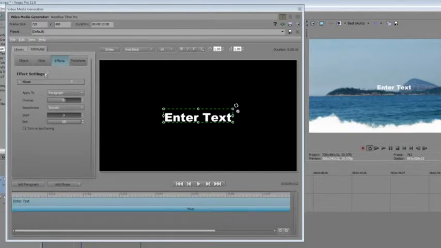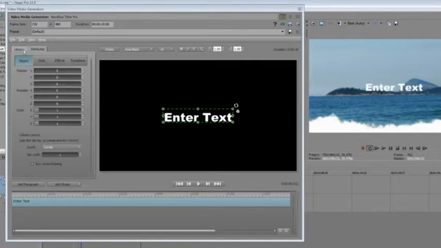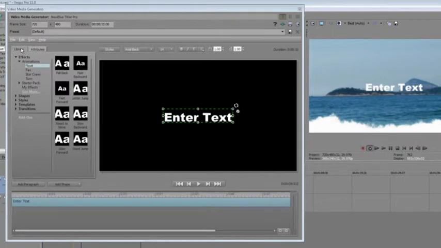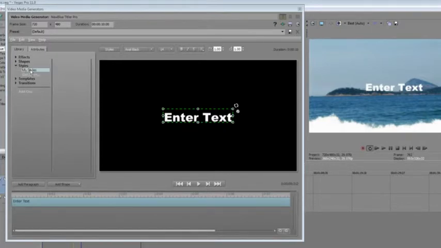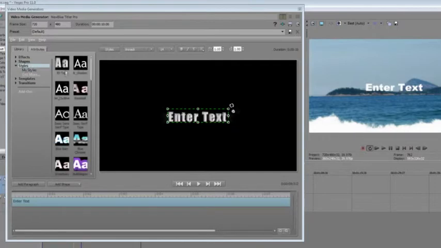So another way to learn how this works is just throw some effects on and deconstruct it and play with it and see how it affects your text. Let me take that effect off, go back to the library here. If you want to get a little more information, you can choose the Templates tab. If you add a template,